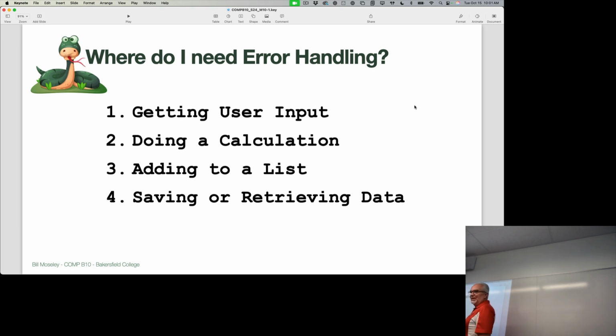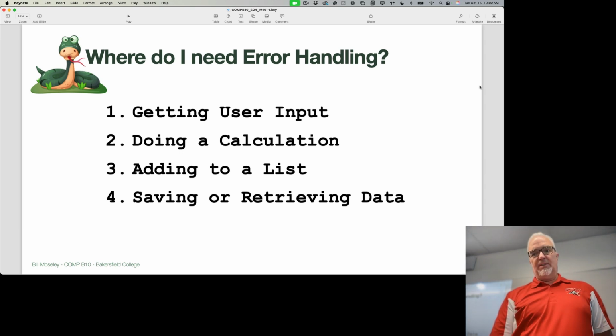If you're adding something to a list, you want to make sure and check that data to make sure it's what you want it to be before you add it to a list. And then when you save or retrieve data, that's another time. Now, you can't save or retrieve data yet, but you will be soon. And that's a good place to add error handling. So if you look at your code,